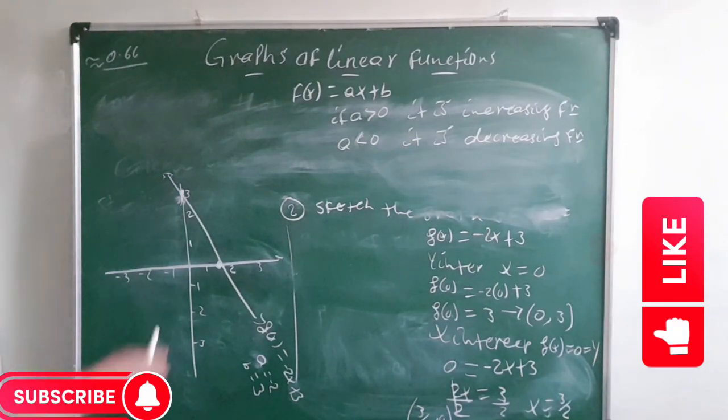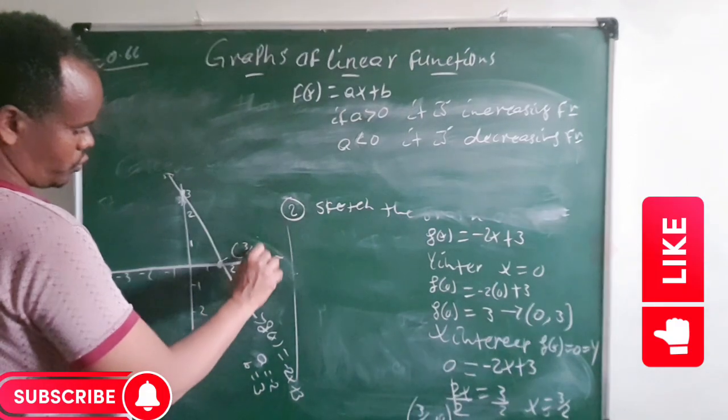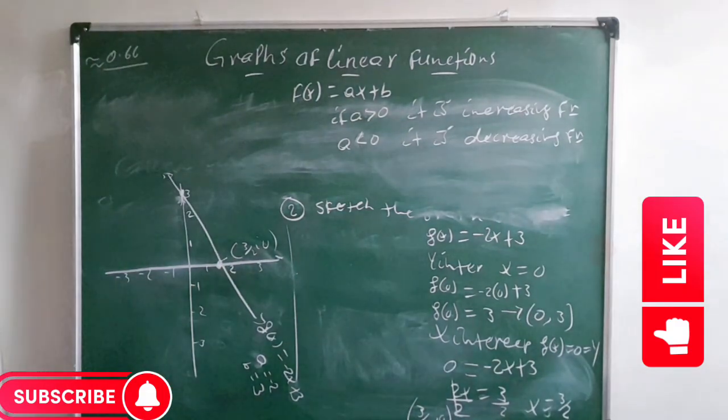Okay, and that is the x-intercept, minus 3 over 2, 0. So this is the graph of the linear function. Okay, the next one: draw